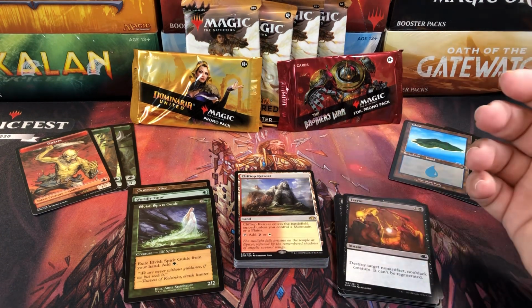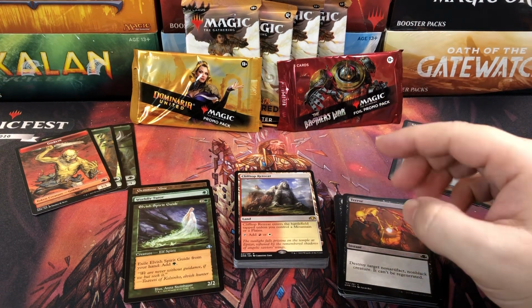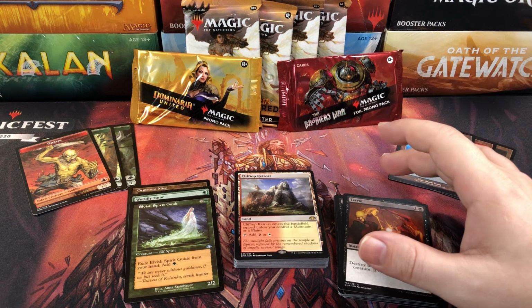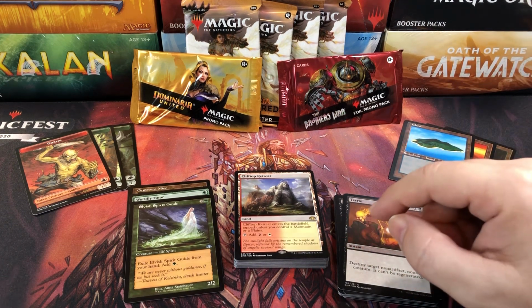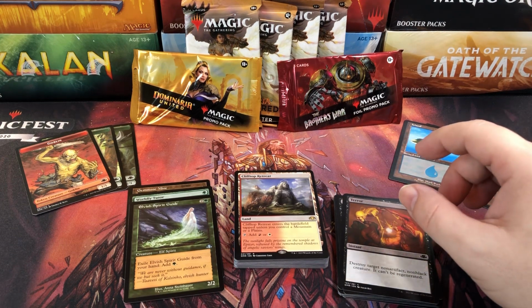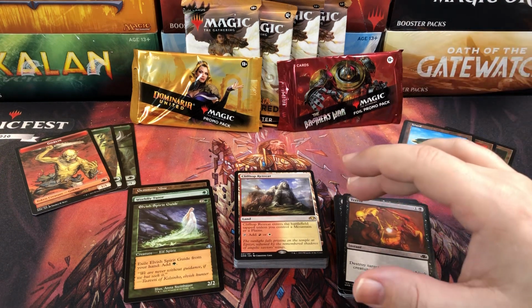I just kind of got lucky, I think, for the most part, but it was a sound concept using the Skirks and everything to try and ramp up a little bit more to get into the flyers. I was able to pretty much always get a 5-drop on turn 4 somehow, by hook or by crook. So it did work